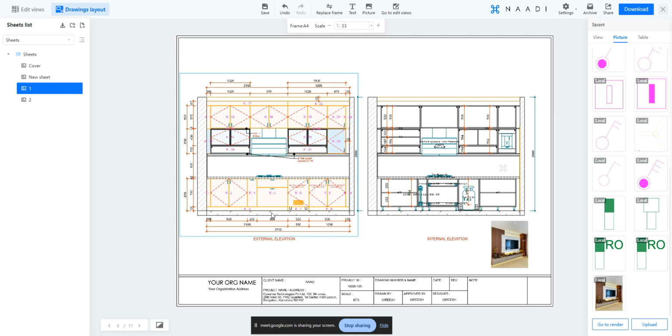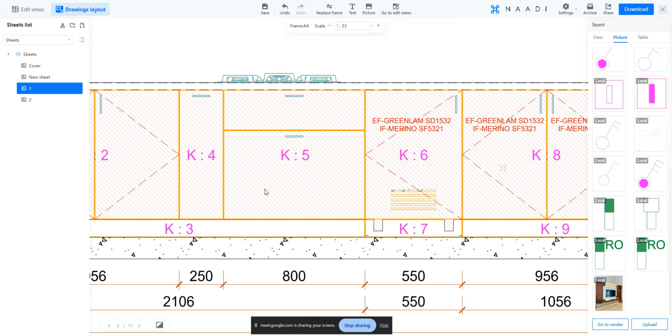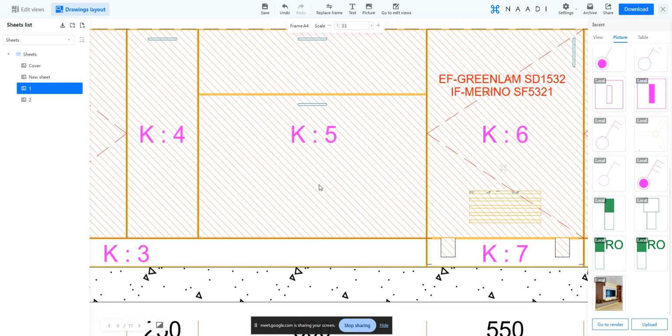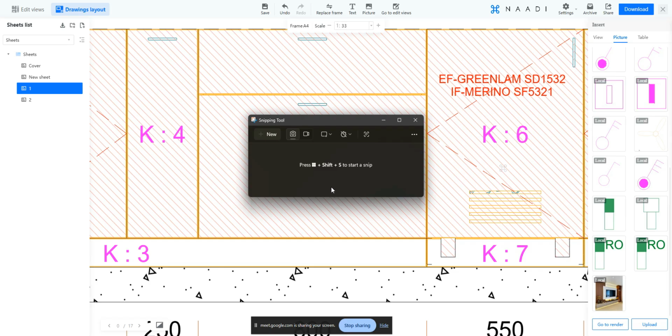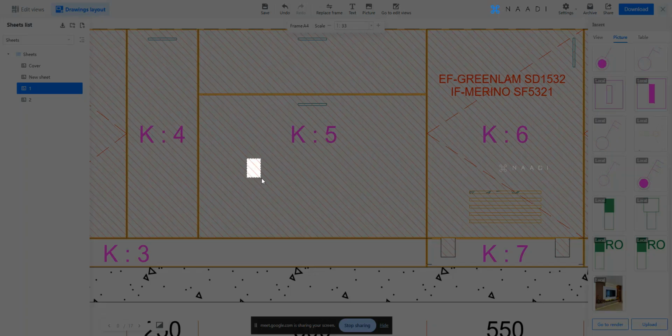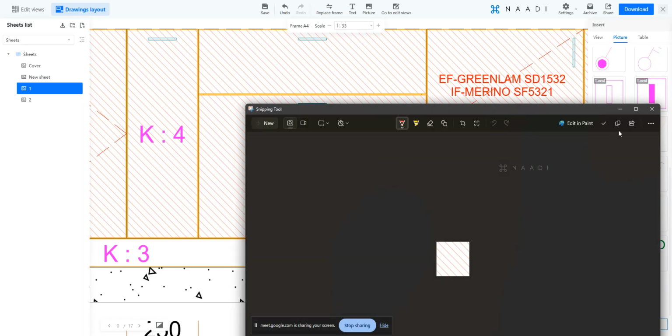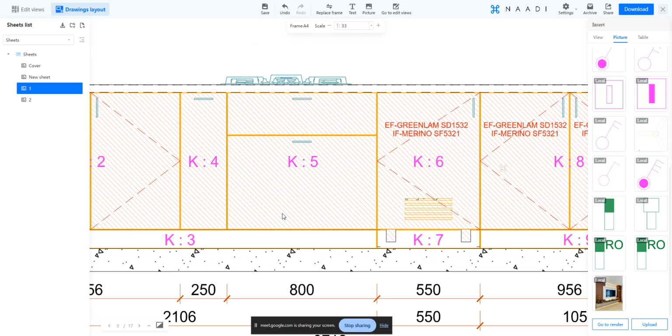Just as an example, right now I want to mention what this hatch represents. Let's just say that this hatch represents the Greenlam SD 1T5 through finish. In those cases, I have to add a legend for this hatch, right? You could use your normal snipping tool in your system. Use the new tab to snip it in a rectilinear shape. It is copied, right? Once it is copied, go to your drawing sheet,